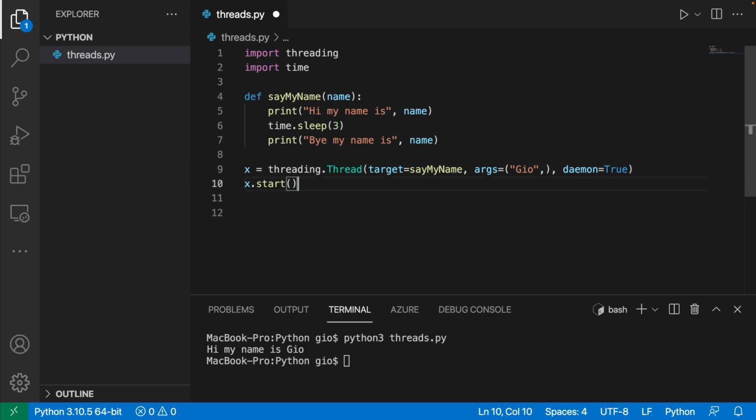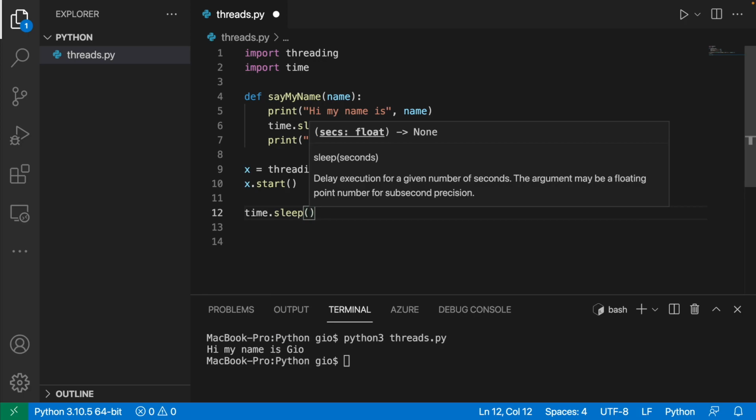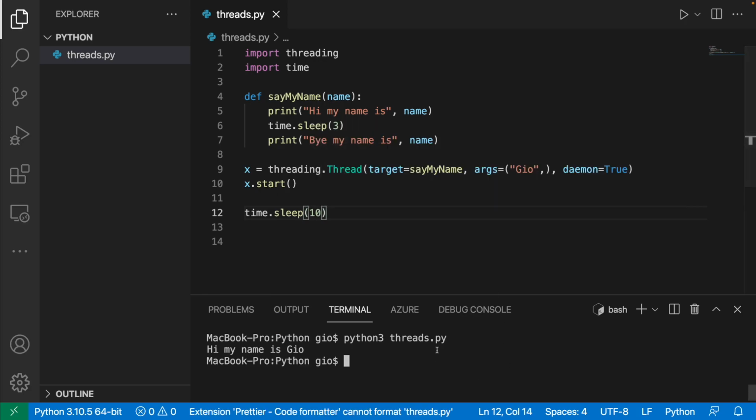So if that's the type of behavior that you want with your threads, then go for it. But if you actually want to wait for the execution of your threads, do not use daemon threads. And we can see that if we give it some time, so if I do time.sleep and I do, let's do 10 seconds, and I run it again,